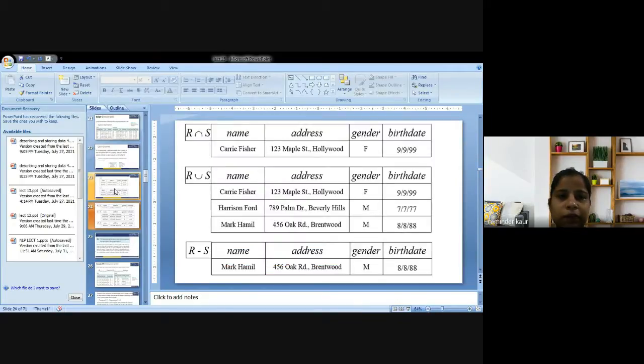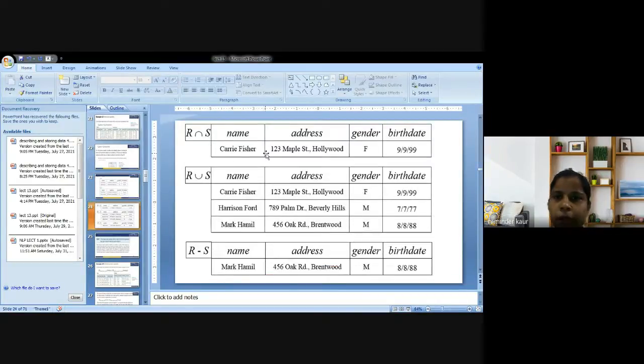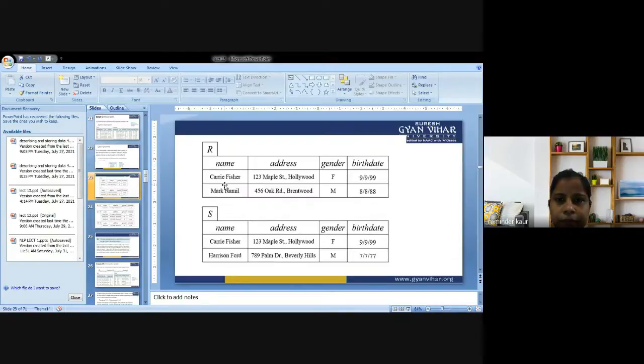R and S: only Carrie Fisher will be the answer. R union S: Carrie Fisher will be repeated one time only, and these three will be the answer.